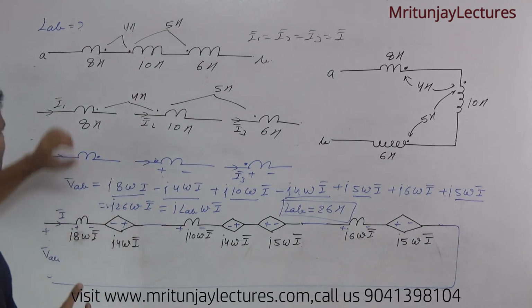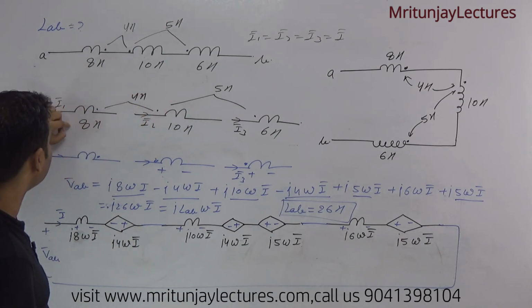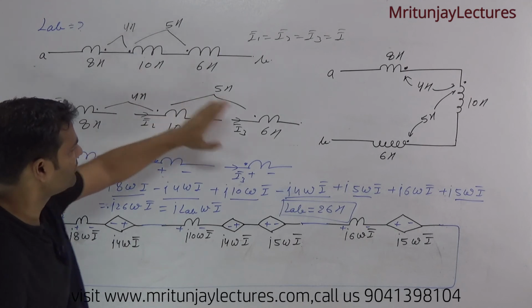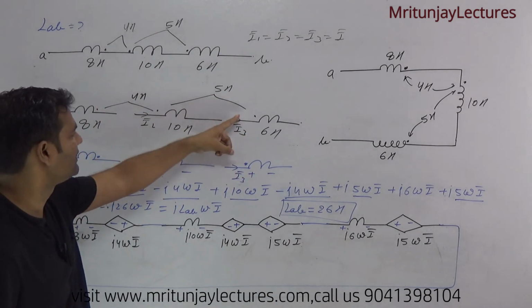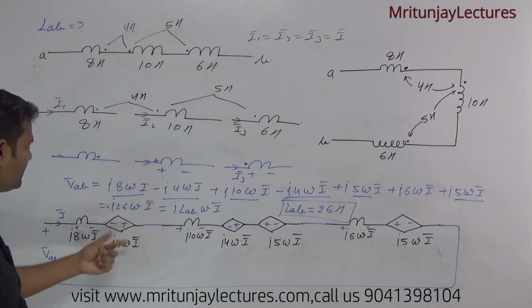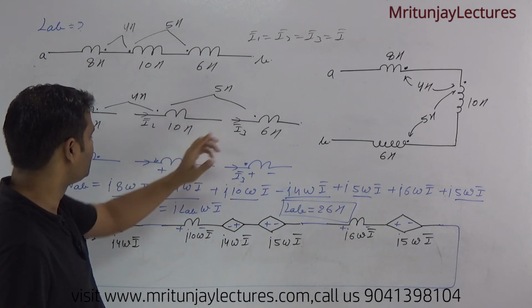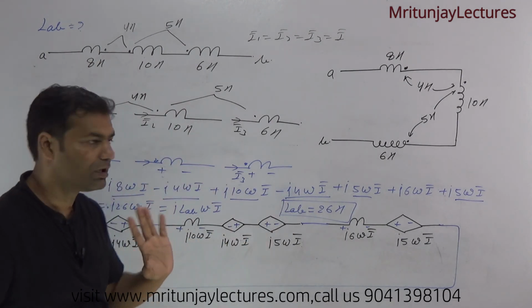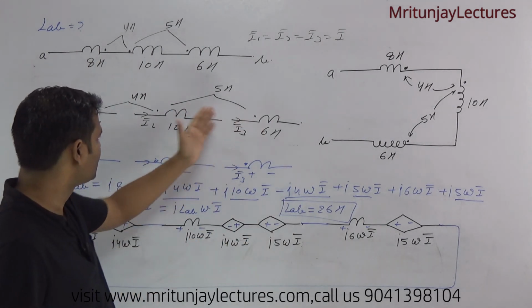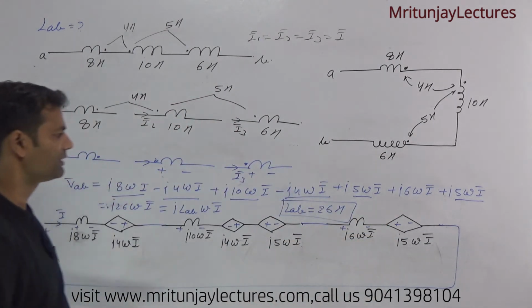After that, I1's effect on I2, not L1's effect on L2, has no effect on this one. Why? Because there is no mutual inductance between L1 and L3. That's why only one box is made. After that, this one affects L1 and L2. That's why two boxes. After that, this one affects L3, sorry, L2. That's why like this one. Okay, clear? Make it.